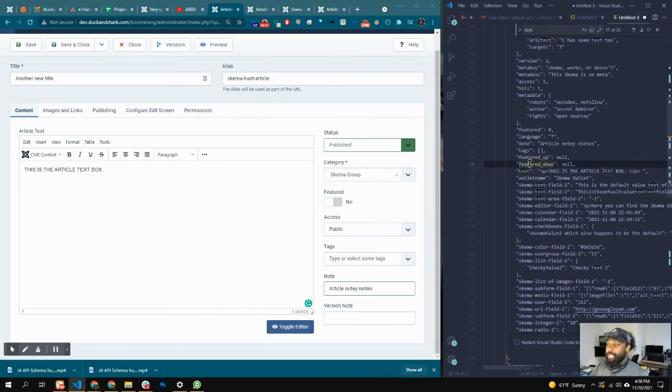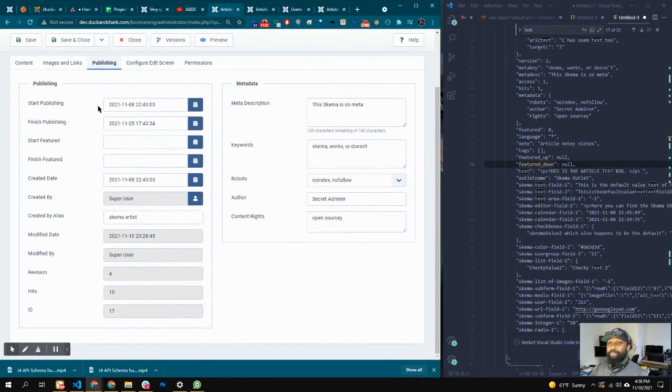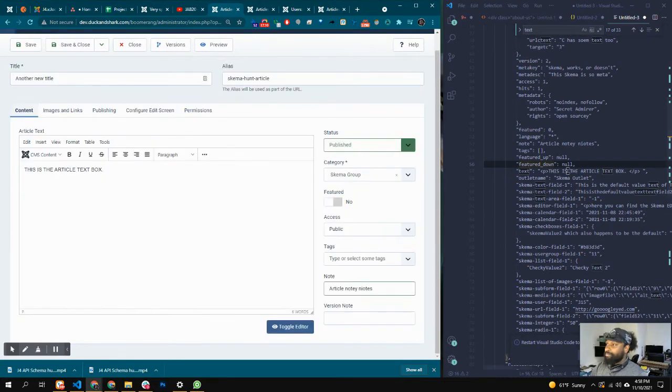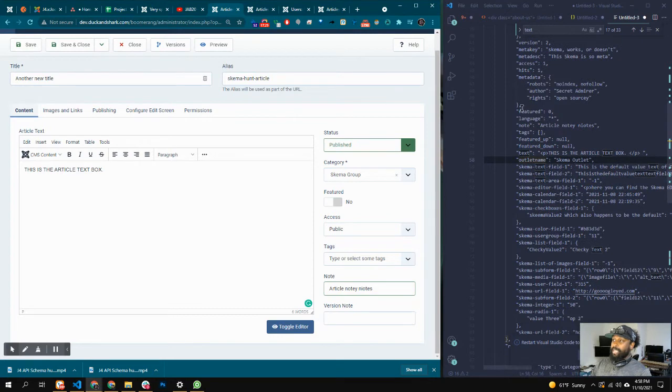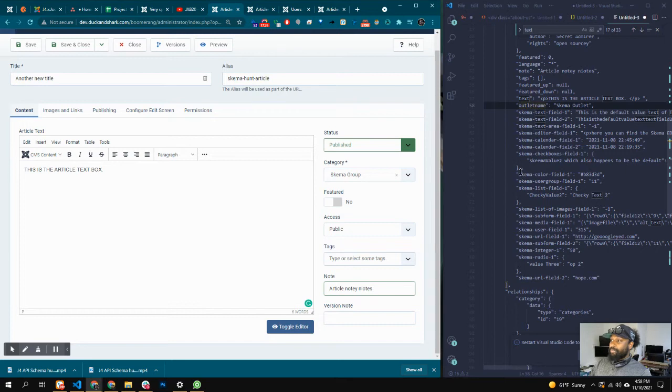Now, featured up and featured down, I'm speculating that just means when it's featured, and that is actually taken care of over here in the publishing section, which would be started when you start featuring it and when you stop featuring it. So that is two sections over. And then you have the text, of course, which is over here, and then you have the outlet name, which is a custom field. And remember, we're having a bug right now where I can't actually access my custom groups. But either way, it doesn't matter. Why is this grouped with this set, as we can see here? All right, and then we have our other